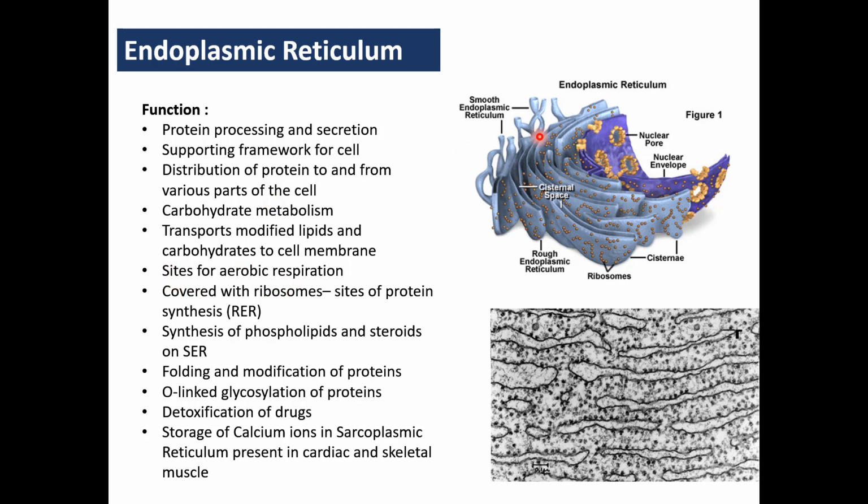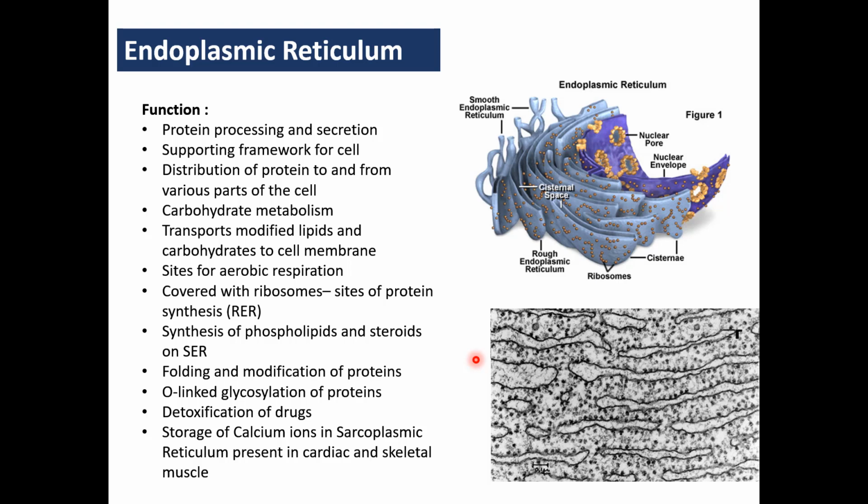Sometimes it is covered by ribosomes, and then it acts as site of protein synthesis. Like you can see in this picture as well as in this picture, this is a TEM image of the endoplasmic reticulum. You can see these small dotted structures on the endoplasmic reticulum. These dots are the ribosomes, and when they are present on the endoplasmic reticulum, the ribosomes do the protein synthesis,